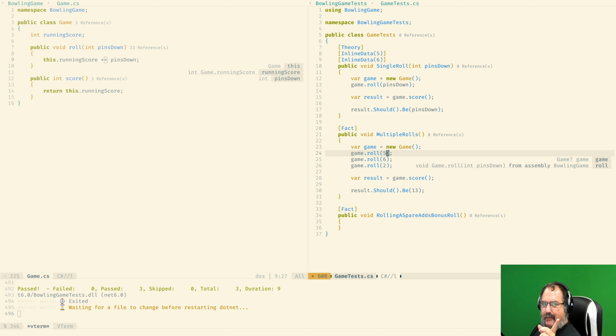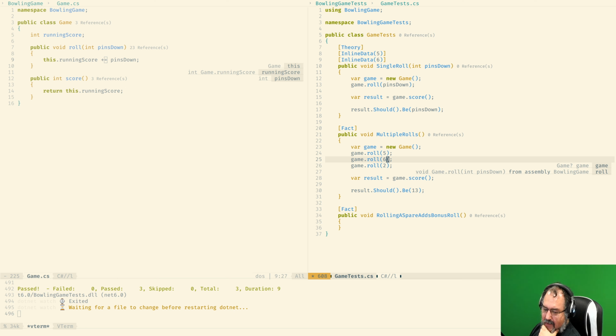Now remember that we are talking about numbers that are less than 0 or more than 10. Now we have over here, we have been able to roll an 11 on a single frame, kind of. So a thing to take into account that we're going to have to deal with later.